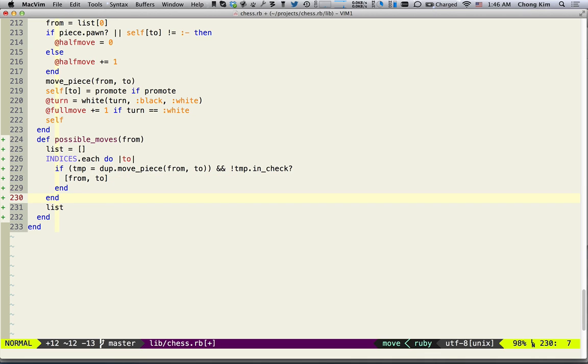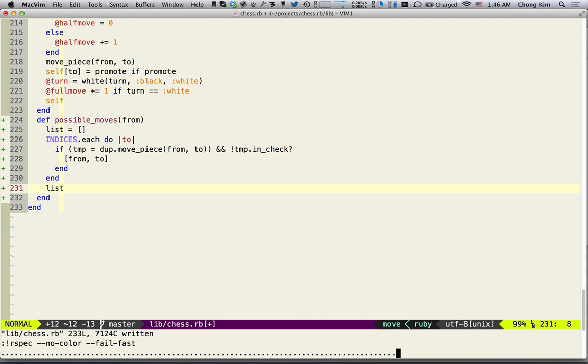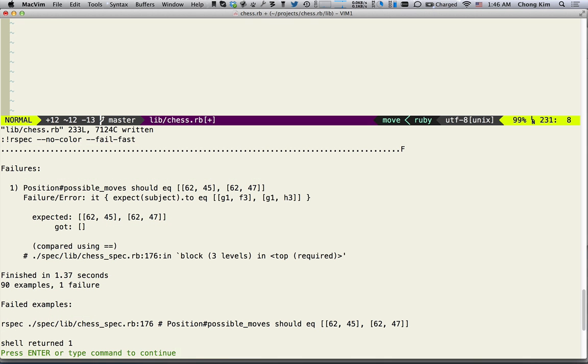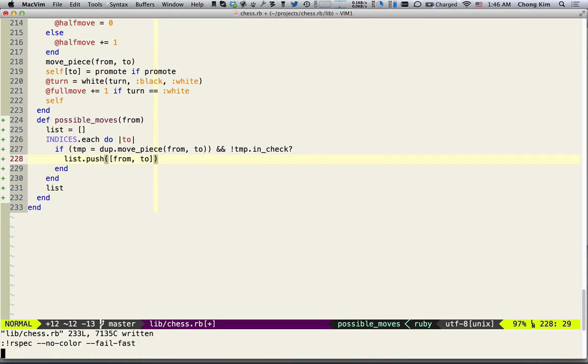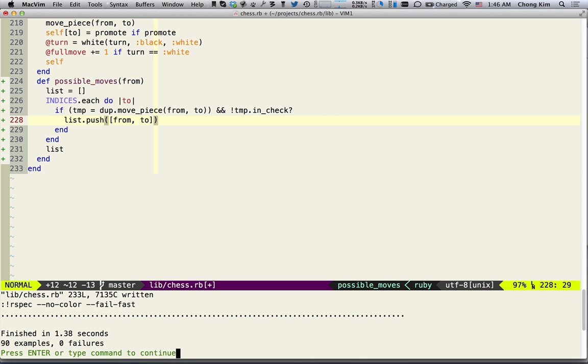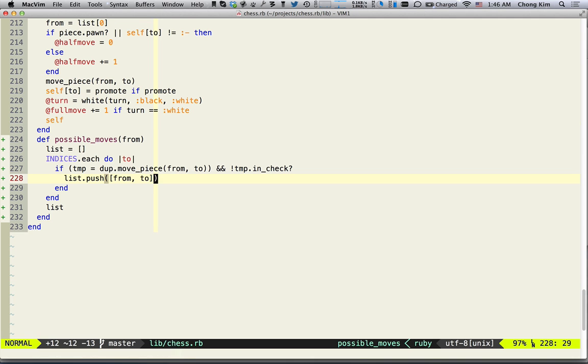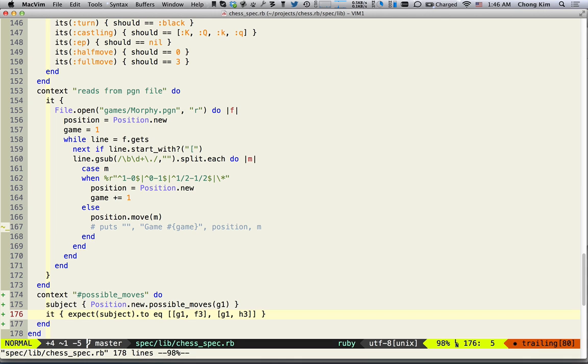And let's see if this passes. Yeah, it's got an empty list. Oh, that's because I'm not storing this anywhere. So list that push. All right, so let's see if this works. Okay, this passes. So now we can do the next part, which is